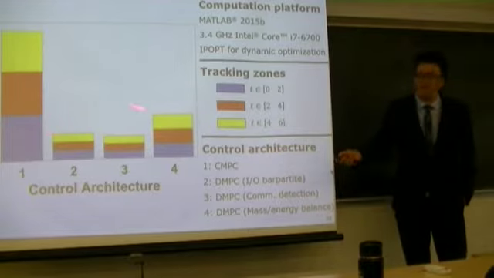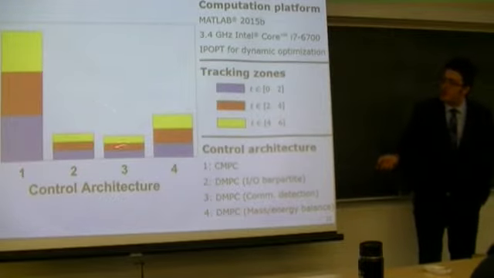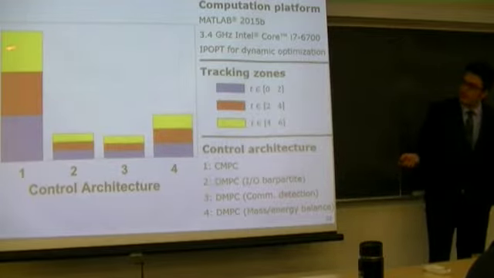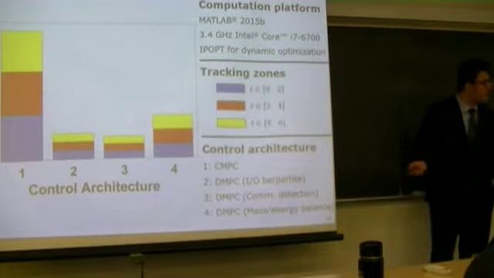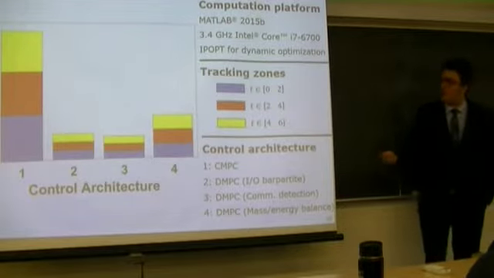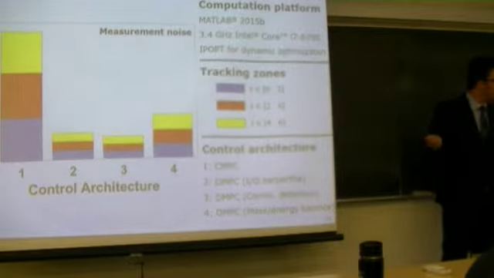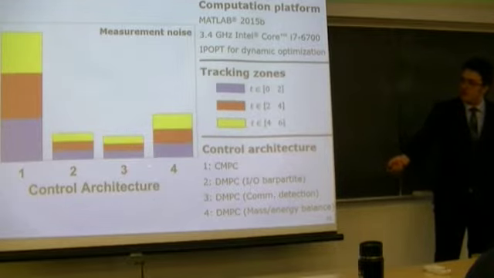If you consider the computational time overall and over different tracking zones, you can compare the decomposition tree, which is based on the community-based decomposition, to the other decompositions and also the centralized, and you can easily see a significant reduction in the required computational time, which makes it implementable for real-time optimization and control. We also checked the results in the presence of measurement noise. We almost get the same results, at least the order of the